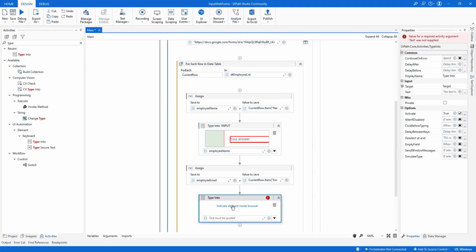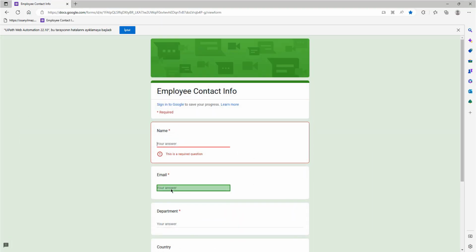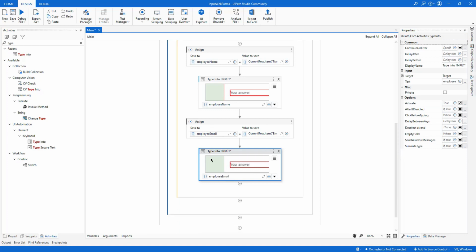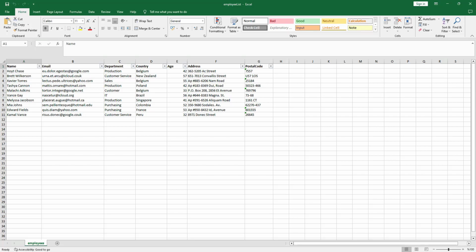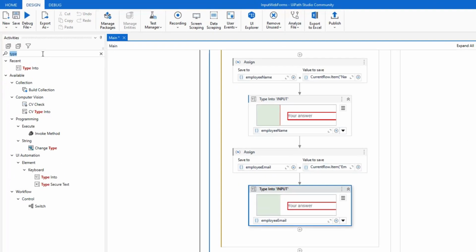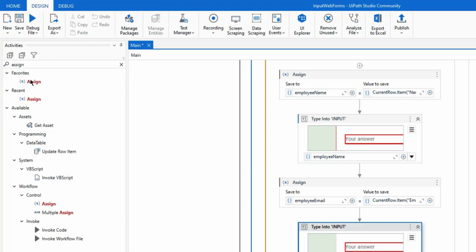Okay, so let me indicate the element here, and then I am going to put employee email info inside that section. Okay, the third thing is that we need to also get the department info, which is also a required question here. So let me just come back to Studio and select another assignment,